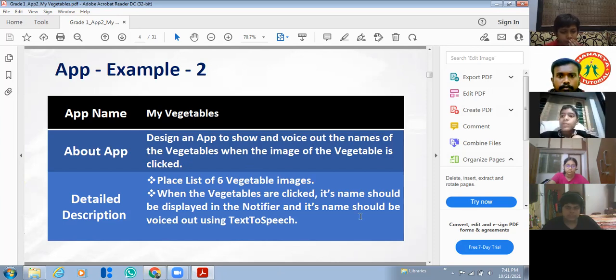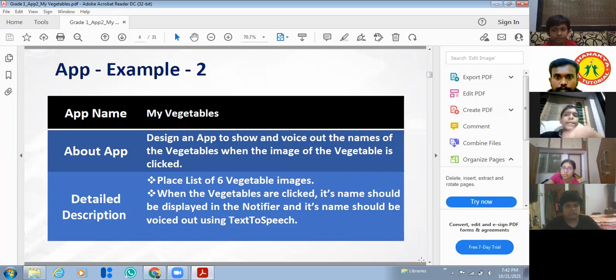We are going to make a list of vegetable images. The task is when any vegetable image is clicked, that name should be read out using the text to speech, and the name should be visible using the notifier. This is the task for this app. The simple app, the app name is My Vegetable.